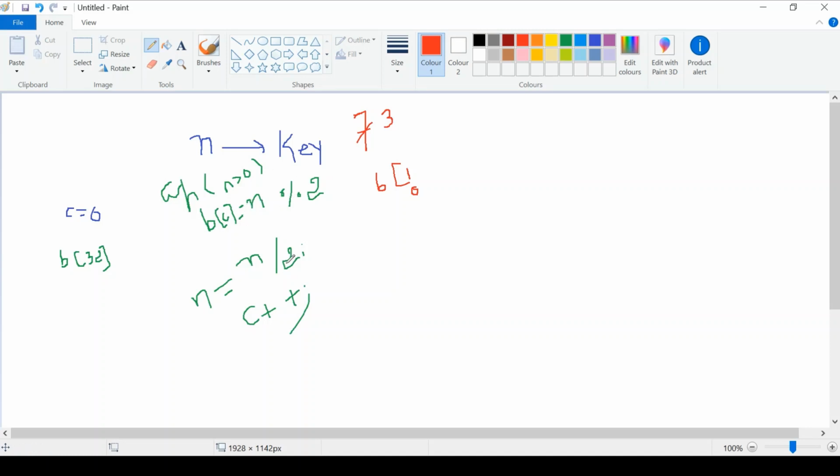So then again c is increased, so you'll go to index 1 again. n is 3, which is greater than 0, this condition is checked, this is true, it comes here again. 3 mod 2 is again 1, so you're going to store your 1 here, and again n is equal to n by 2, so 3 by 2 is equal to 1.5, that is nothing but 1, right? So now again n is equal to n by 2,